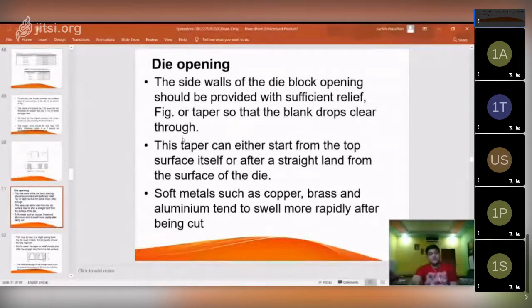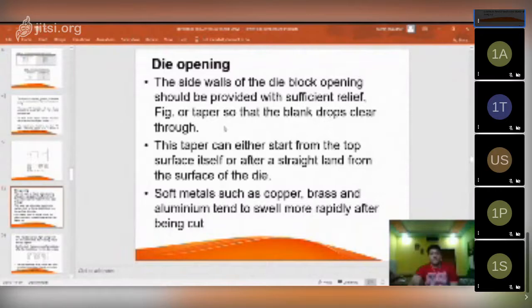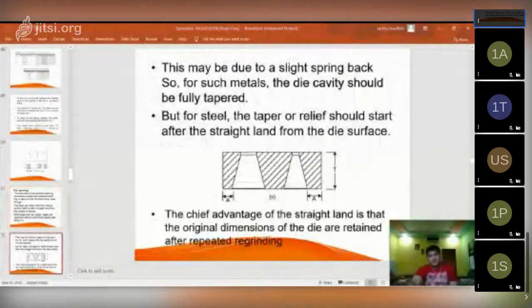So die opening is an integral part of your die block design. So die opening should be considered while designing your die block. The side wall of the die block opening should be provided with a sufficient relief, or taper, so that your blank drops clear through, this relief as we saw earlier.